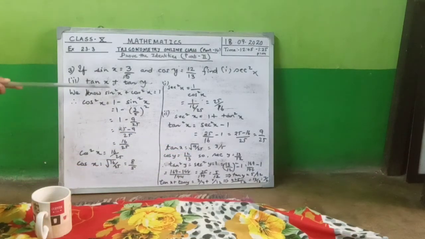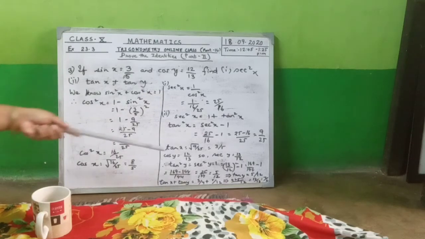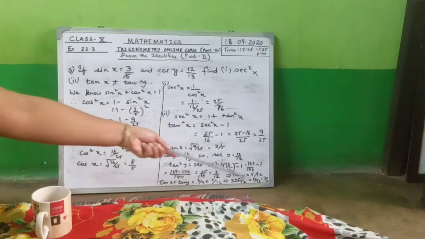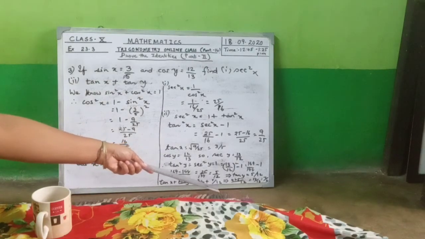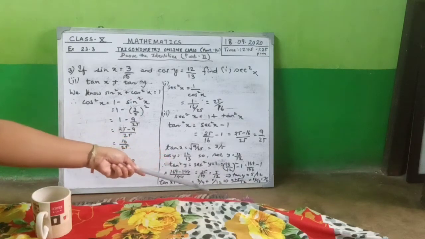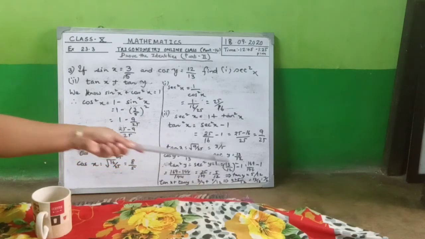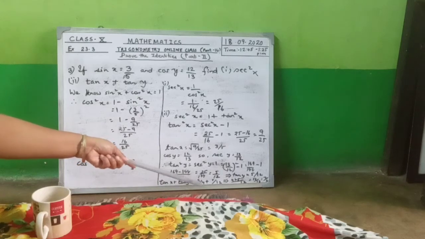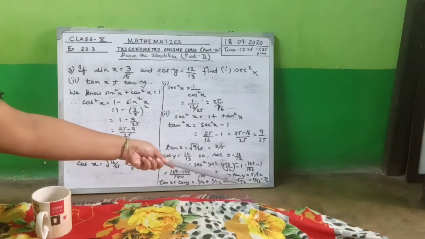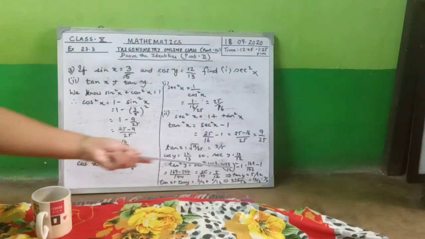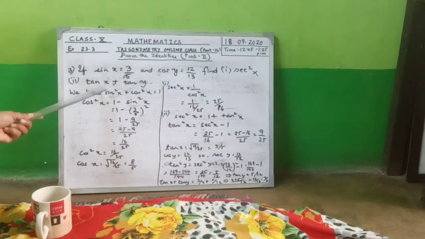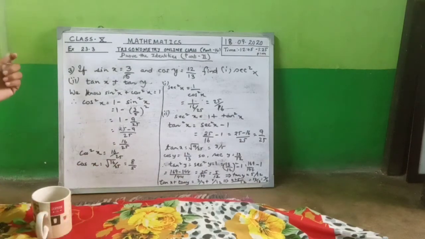Now what is tan x plus tan y? Tan x we have got already 3 by 5 and tan y is 5 by 12. Just add it. 3 by 5 plus 5 by 12. LCM will be 60, and 5 goes into 60 12 times, that 12 will be multiplied with this 3. So 12 3s are 36 plus 25, that is equal to 61 by 60. So tan x plus tan y is equal to 61 by 60. Alright, coming to the last sum, and then I'll give you your classwork.